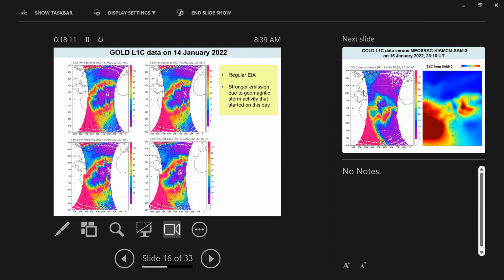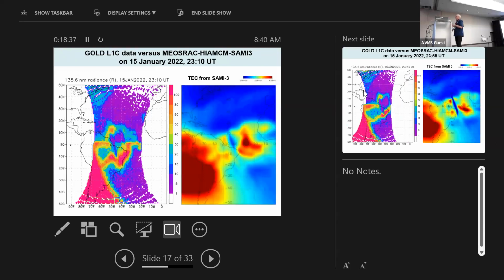This is how the plasma bubbles looked over the Atlantic region from the GOLD data from the emission of the atomic oxygen. And there was a regular EIA on January 14th before the eruption. The emission was a little bit stronger than usual because of geomagnetic storm activity. And we looked also on January 16th after the eruption, and the figure looked more or less the same. However, when we look at January 15, when the Tonga waves had gone through this region, you see in GOLD that the